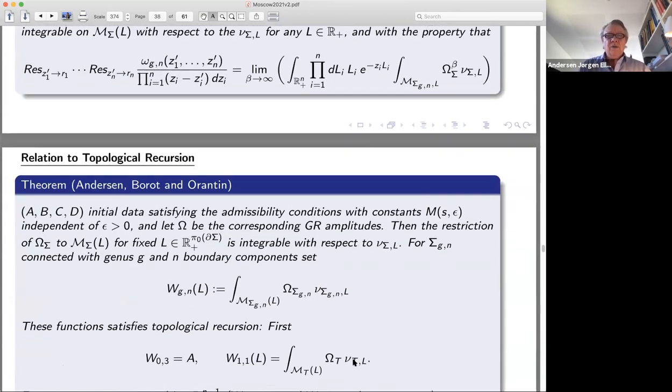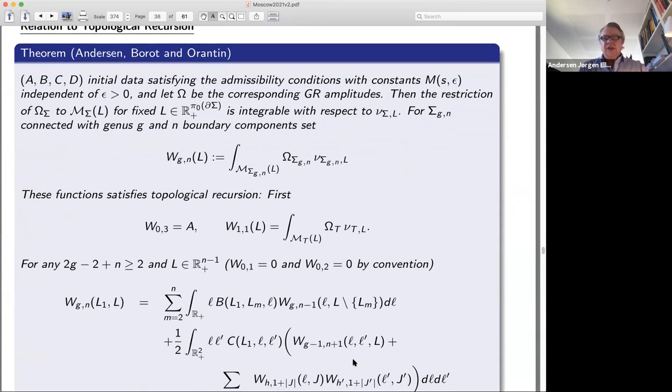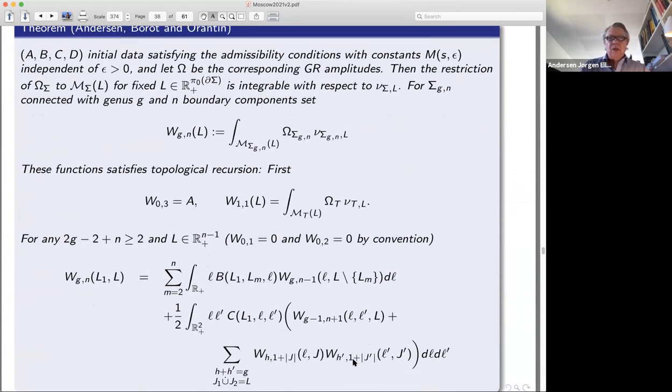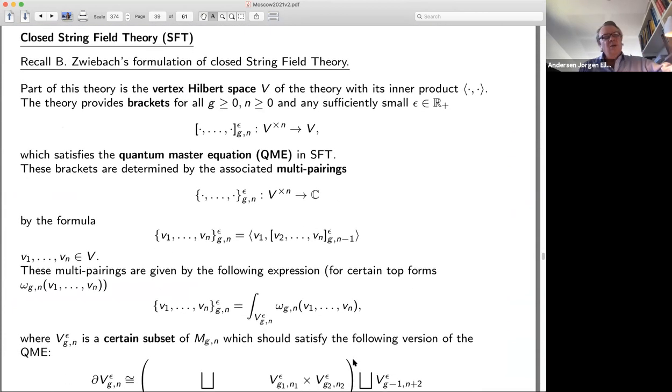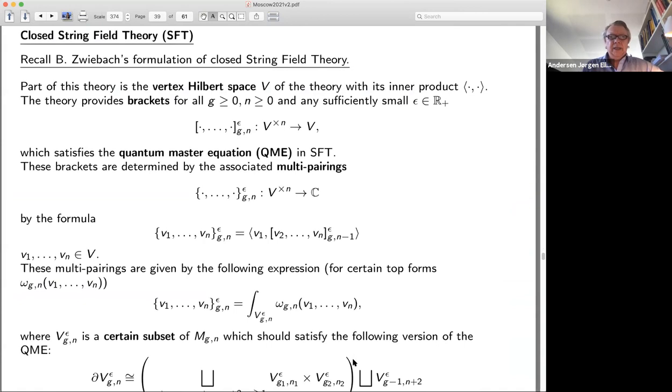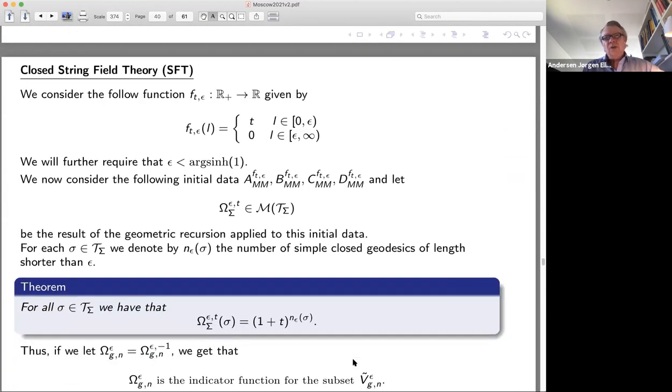So I don't want to dwell on this any further. It's basically the same thing restated here, okay? So let me try to push on, and I will not go through this section here, although it's a lot of fun to show that there's something called a quantum master equation in string field theory, and to find a solution for this quantum master equation is possible using